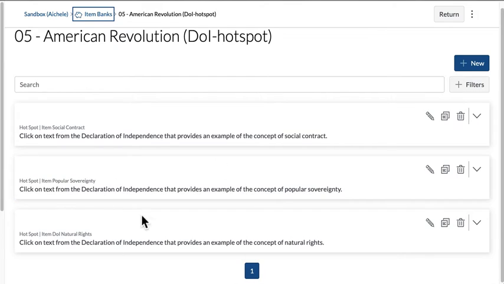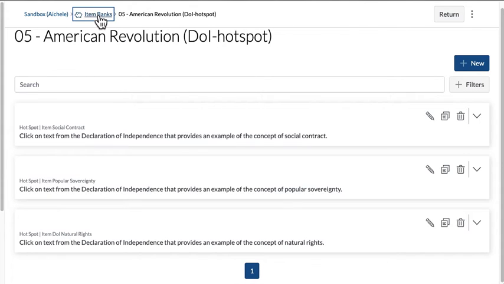But if I had some multiple choice in here and some map identification and all that different things, and then I use that item bank, some students might have to be clicking on a Declaration of Independence. Some people might be labeling a map. Some people might be answering a multiple choice question, which you might be fine with, and that's totally fine to mix them up. If you don't keep them by topic, I would definitely make sure you keep them by point